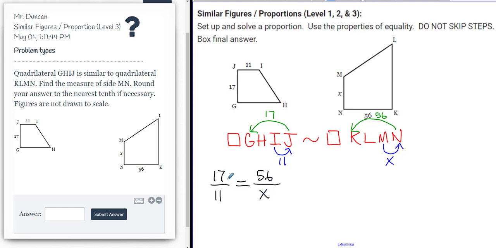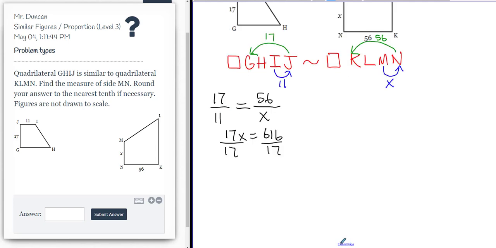And then we'll use cross products. So 17 and X would give us 17X. And then 56 times 11. Oh, jeepers. What's 56 times 11? All right, let's see. 56 times 11, 616. And then we'll divide by 17 on each side. And X is going to be equal to